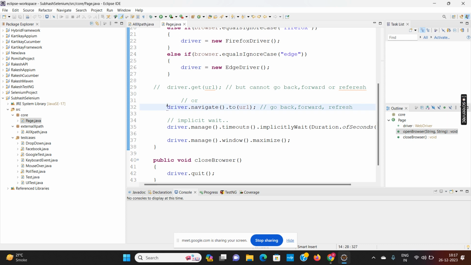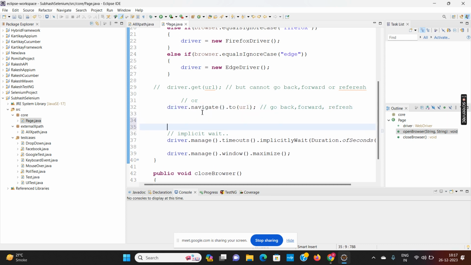After driver.navigate to URL, I will add one line, that is page factory dot, let us control shift O. Okay, page factory dot